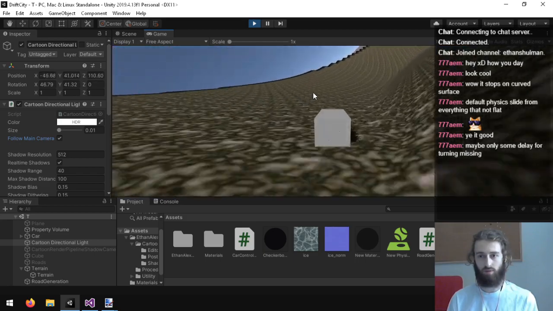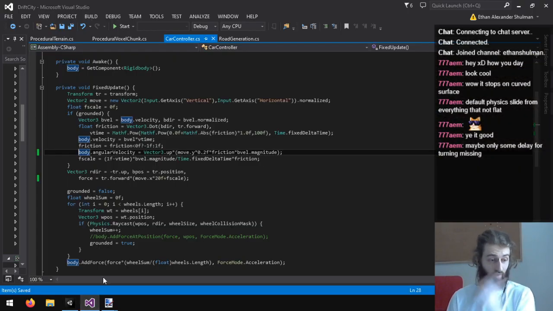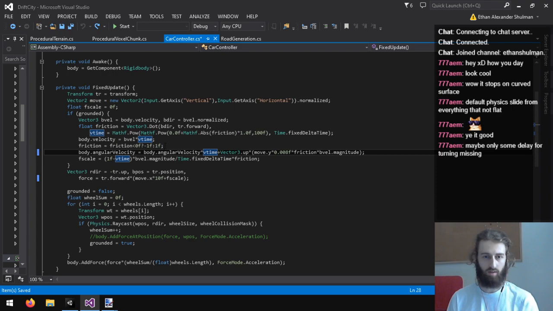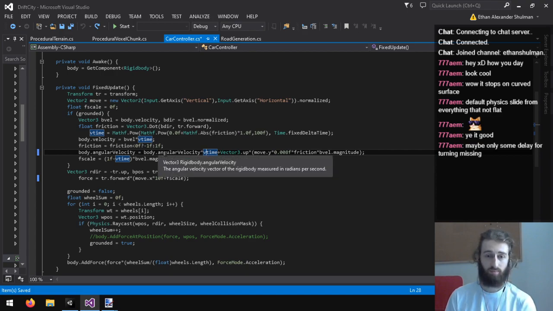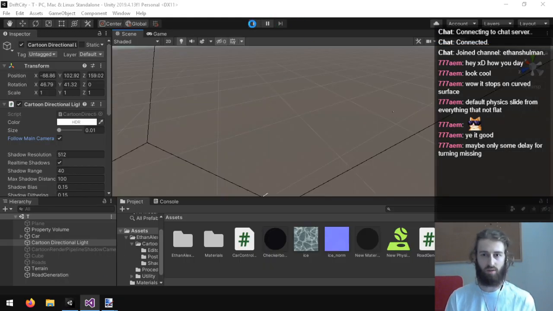Yeah, so it has huge issues turning. Or not like turning, but like it's this, where it sets the angular velocity. Let me try going back to my old code that I have right here. So the issue is it scales back the angular velocity. I almost just need to leave the angular velocity, but this will probably cause some big issues.